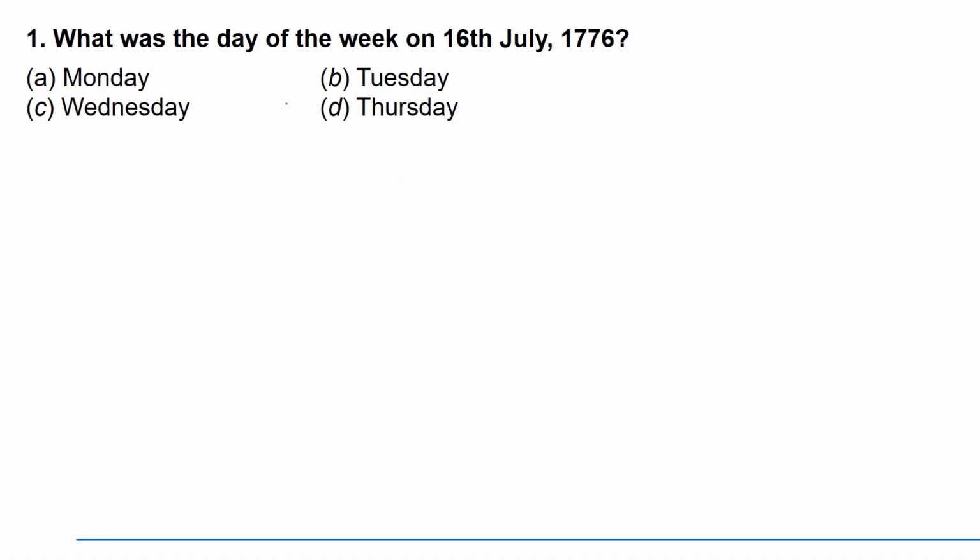First question. What was the day of the week on 16th July 1776? So the year is 1776. We have to subtract this from the century, which is multiple of 4 from this year. Therefore, 16 July